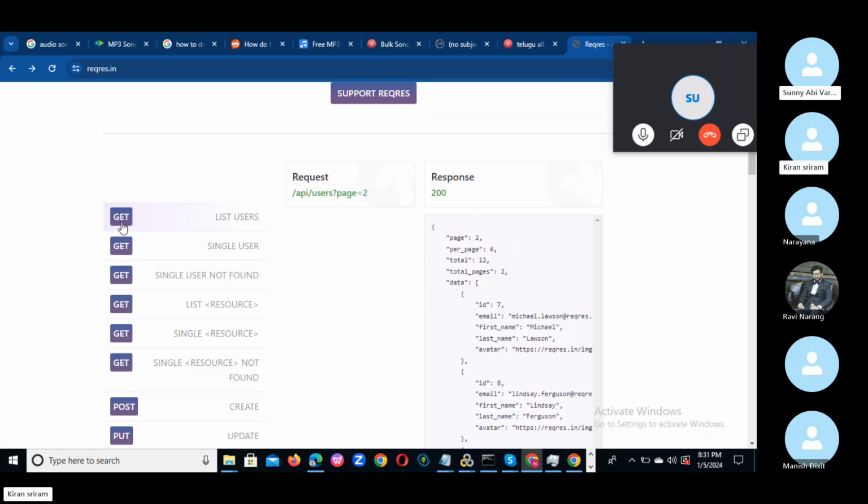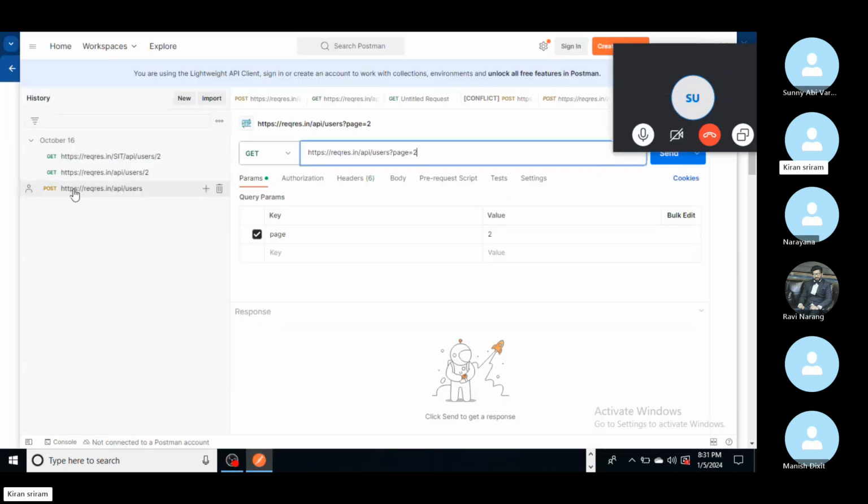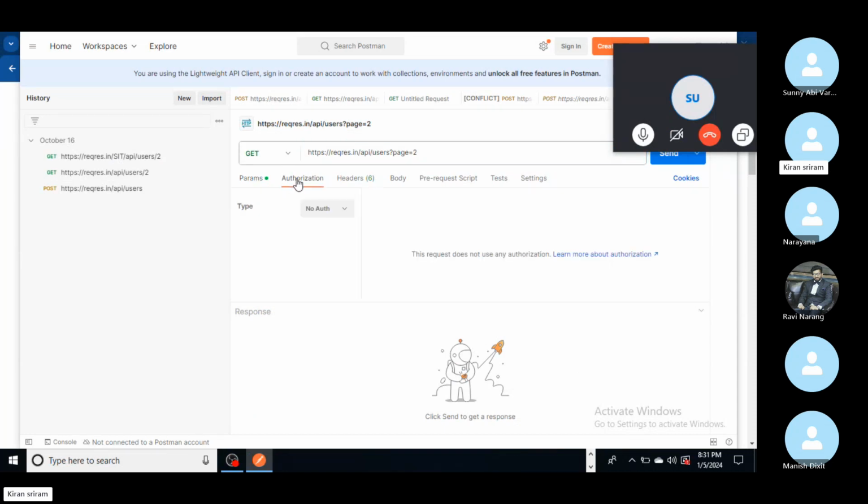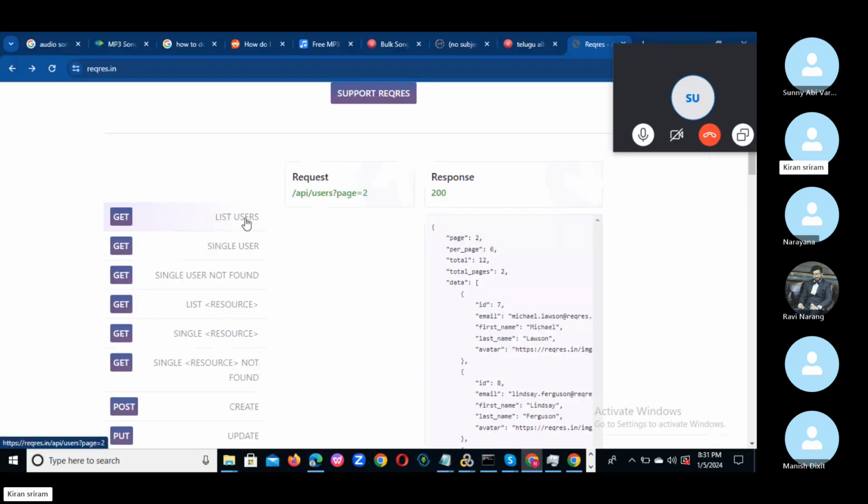It is showing here. You can observe which method? Get method. Yes, we need to select Get, that is fine. After that, if you have any authorization, you need to provide it here. You don't have any authorization here, so if you click this, it will automatically execute and you will get